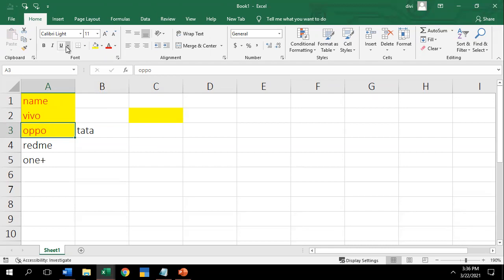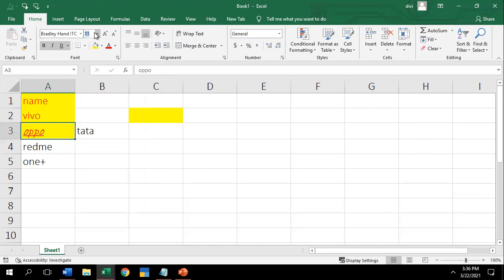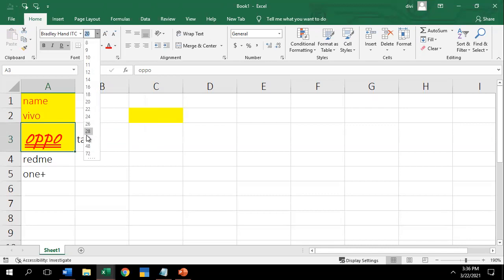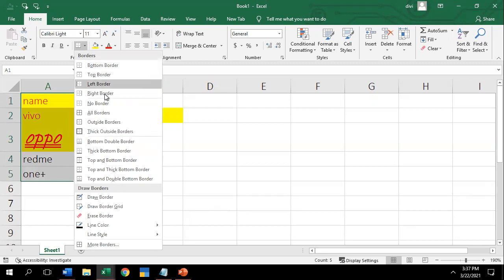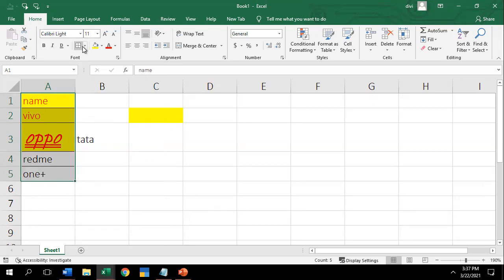Next, you have Bold, Italic, and Underline, to make my text bold. Italic and underline: you have two kinds of underline, including a double underline. This is style, where you can change the style of your text, and you have size, like size 20, size 30. You can change the size; the largest size is 72. And you have Borders, so you can give a border to your cells. Once you have applied the formatting, you can't see the border, so if you want to assign a border, you can go to Borders. Either right, top only, center, or only the outside, you can select. I have selected all borders right now.